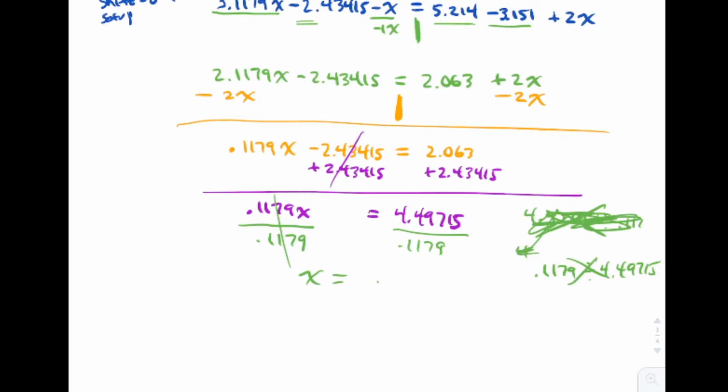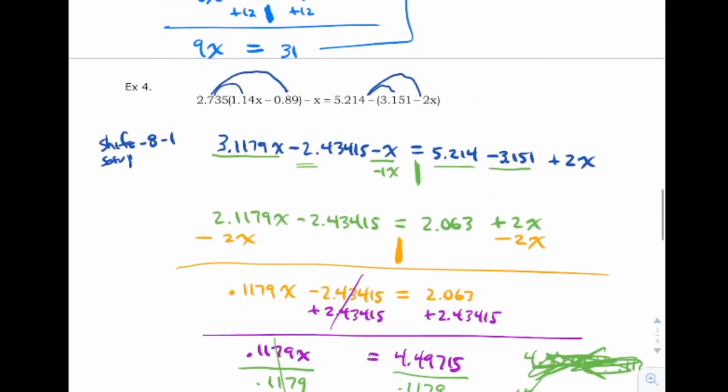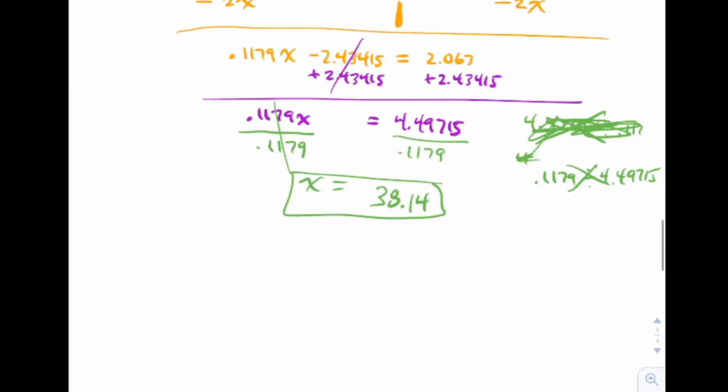X is, and you know what, I'm going to use 4 sig figs. Why 4? Because I see 4, I see 4, I see 4. Well, that one's only 2. But let's assume it was 4. Okay, I'll just say it's about 38.14. I'm not going to get too upset about sig figs in this particular unit. Just carry a reasonable